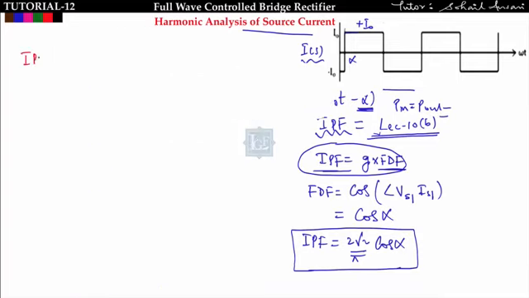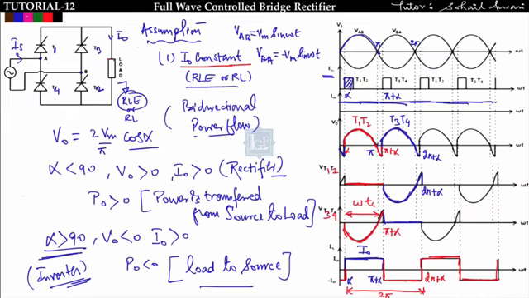For finding the input power factor, what we are doing is putting P in equal to P out, where P in is equal to Vs Is cos phi. Here I am taking a voltage stiff or current stiff type of load. Here I am taking the load current as continuous, and I am taking an RLE type load, and this is possible only when the load is RLE or RL type. So this is nothing but a current stiff type of load.